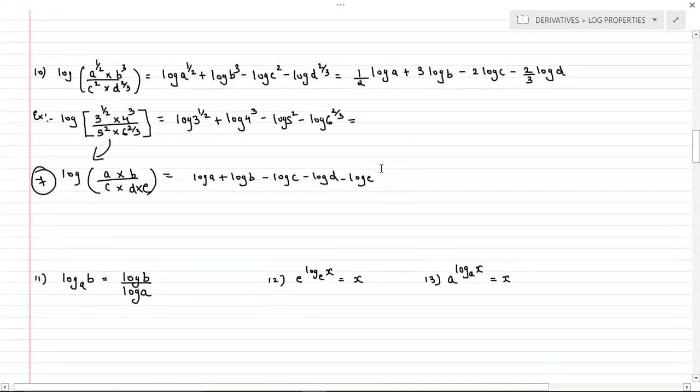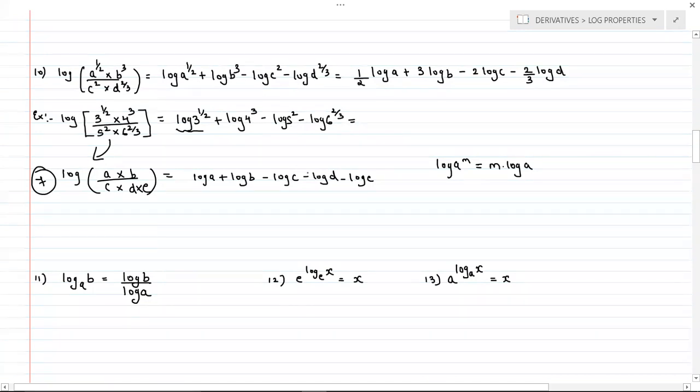Okay, so after this, we know that whenever you come across a power, log of a number to the power, like log a raised to m, any power, it can be written as m into log a in the logarithm property. We know that whenever you see a power inside a log, log a raised to m can be written as m into log a. So here also we'll do the same thing. Whenever you see log and a power, you will apply this property.